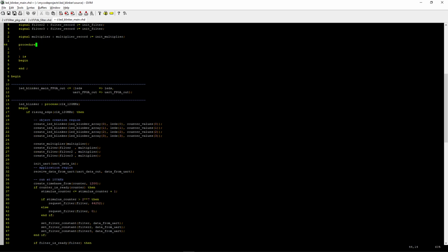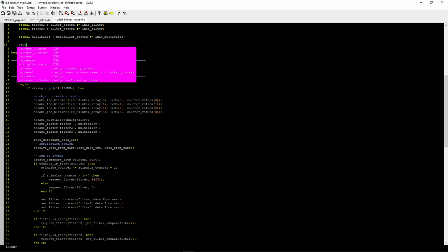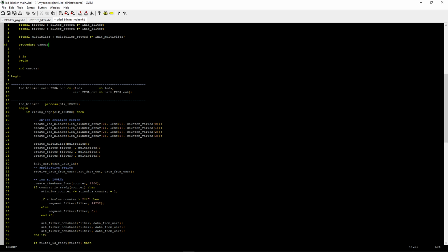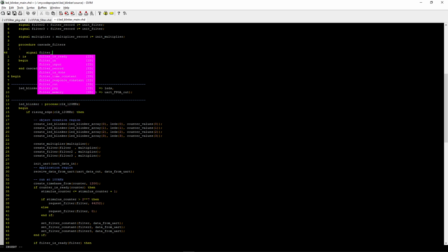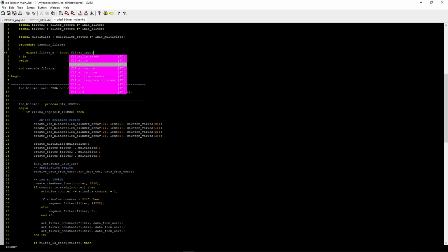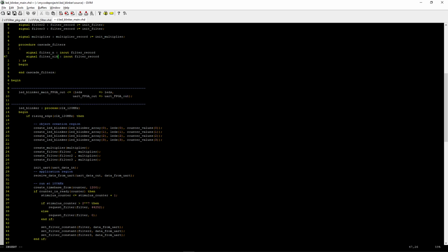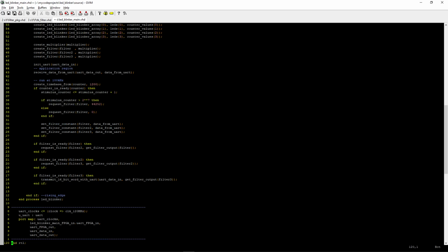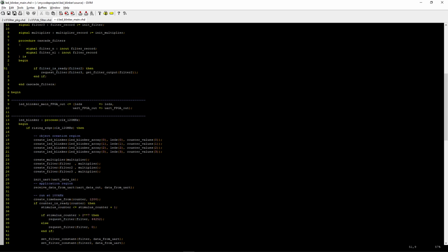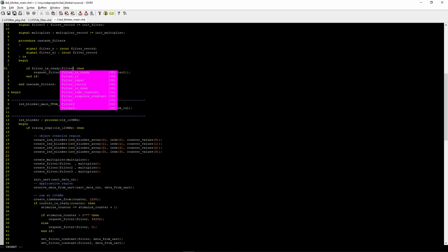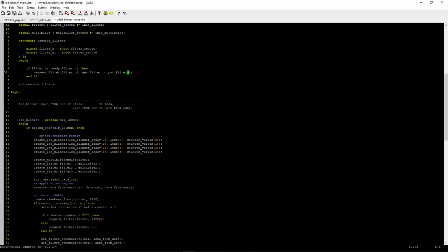And what we're going to do first is create a procedure called cascade filters, and this will have signal filter n, that is in out a filter record, and this will also have n1. And what we will do is take this one here and just do this. So this is gonna be filter n, filter n1, and here it's gonna be filter n, filter n,